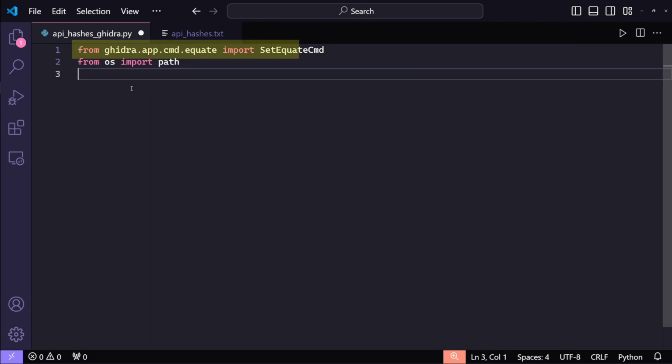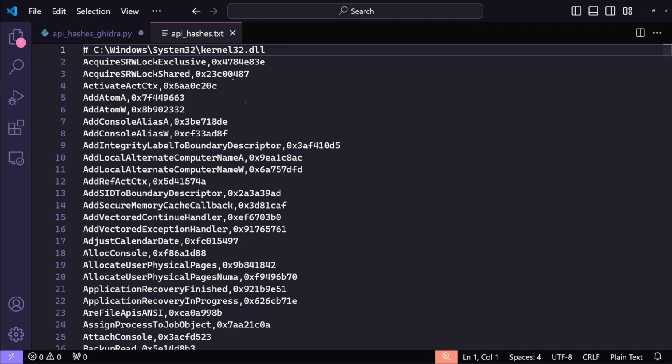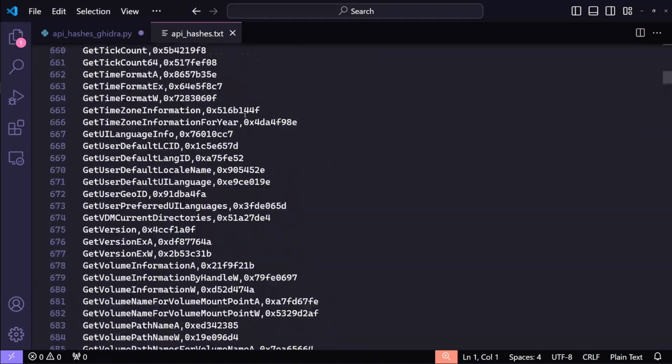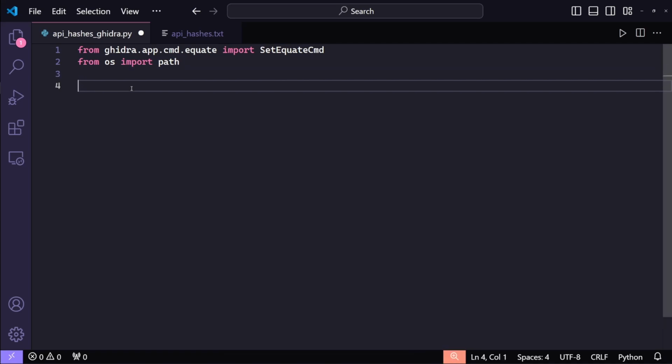The first one allows us to use Ghidra's SetEquateCmd command, and we use pathlib from the OS for, well, path operations. We need the list of key value pairs for our script. Here, I have a long list of hashes with their corresponding names. Let's read them